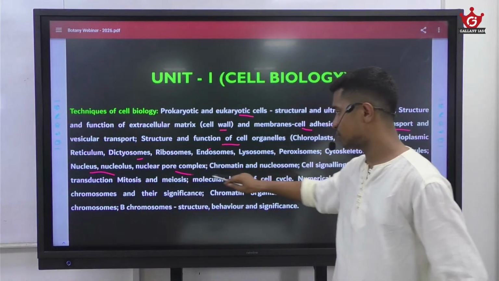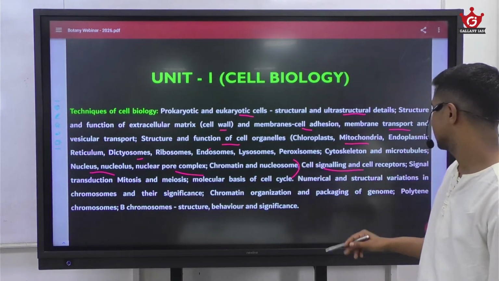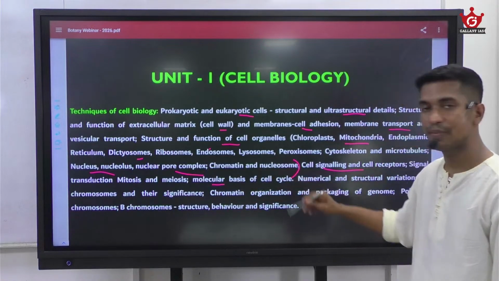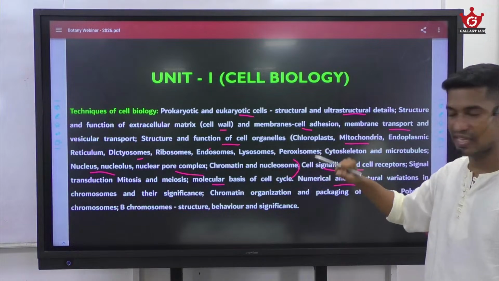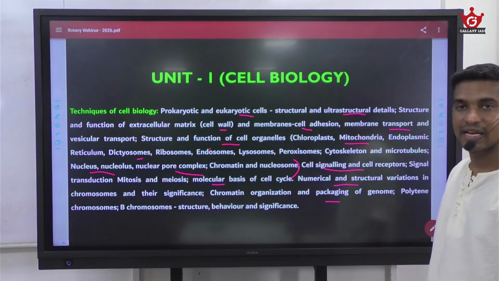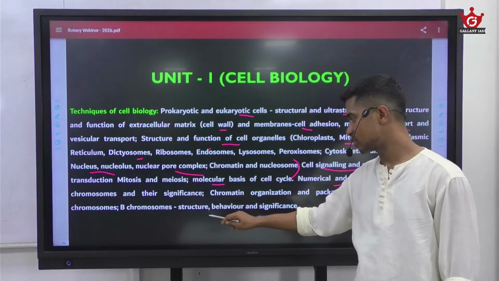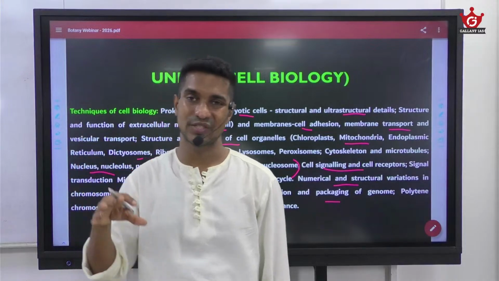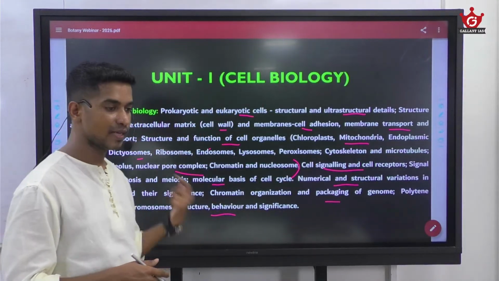nucleus, nucleolus, nuclear pore complex, chromatin and nucleosome, cell signaling and cell receptors, signal transduction, mitosis and meiosis, molecular basis of cell cycle, numerical and structural variations in chromosomes, their significance, chromatin organization and packaging of genome, polytene chromosome, B chromosome, structure, behavior and significance. These are the topics mentioned under the first unit of paper 2, that is cell biology,